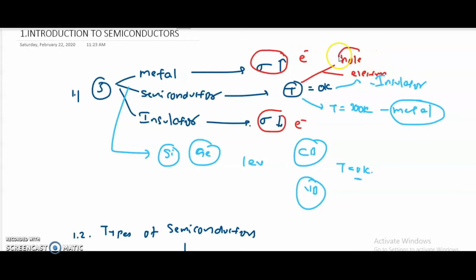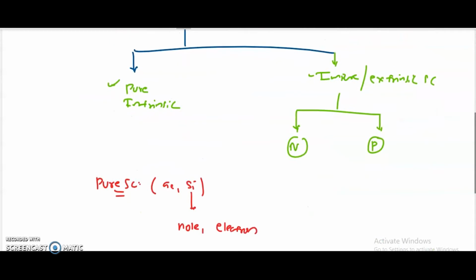That means holes are the positively charged carriers and electrons are the negatively charged carriers. And one more clarity is that holes are the virtual charges. That means these are only imaginary charges. So practically the holes do not exist in the semiconductors. But even though not existing, why we are explaining this concept, we will see that later. Electrons are the physically existing charge carriers. And coming back to our concept,